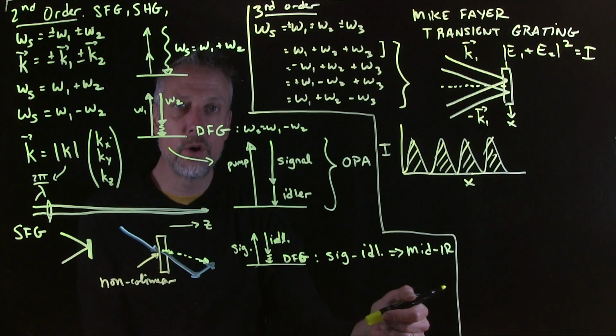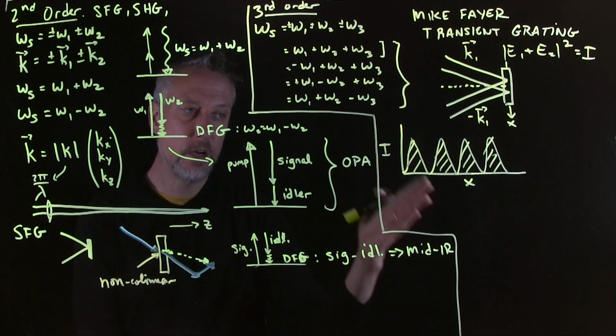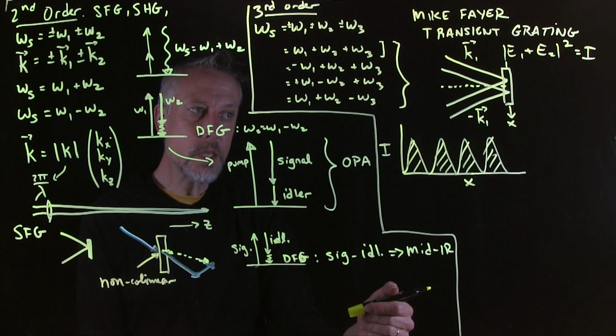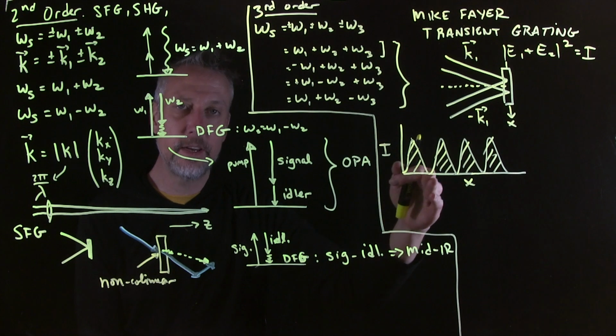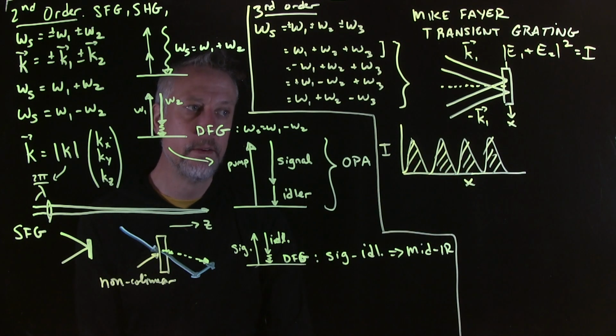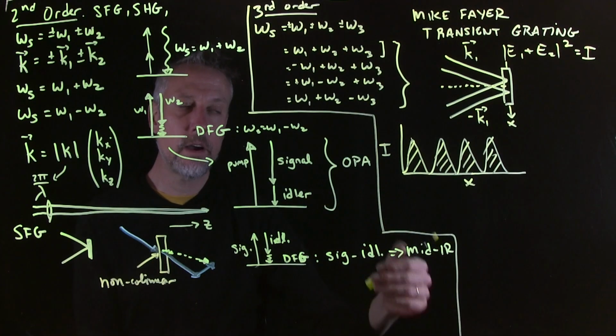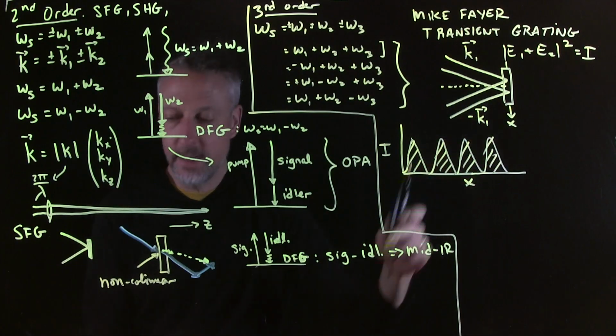And that just looks like a normal amplitude grating, the kind of diffraction grating you would use in a spectrometer. It can also change the index of refraction in the sense that the phase changes from spot to spot, from bright to dark and bright to dark. That looks like a phase grating, the kind of thing that causes interference in soap films. So if I send another laser beam in here,